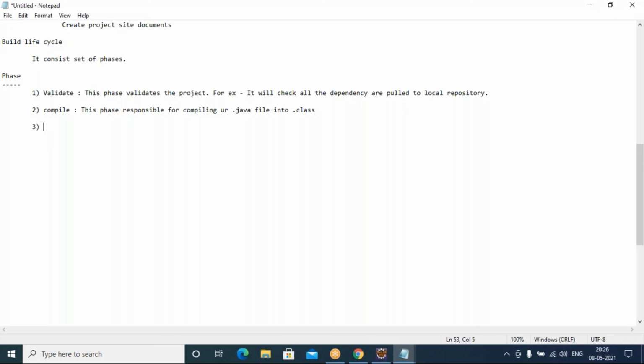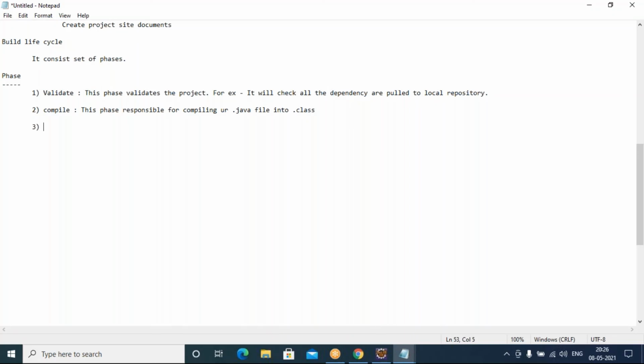Let's say 100 .java files are there in my application. It will generate 100 .class files. Automatically it is going to compile and generate the .class files and store them in the target folder. That is the second phase.